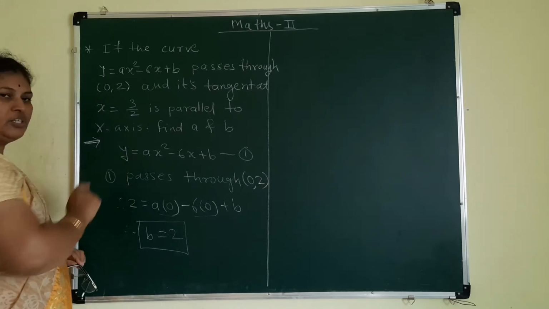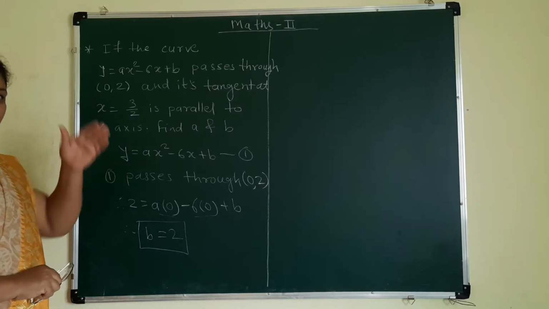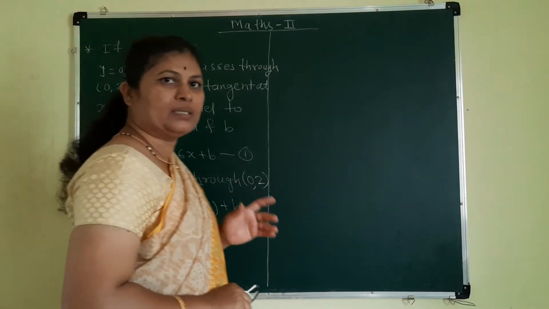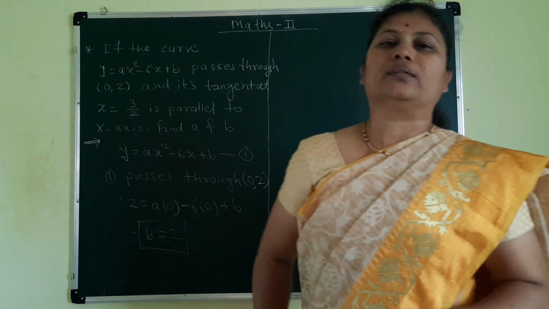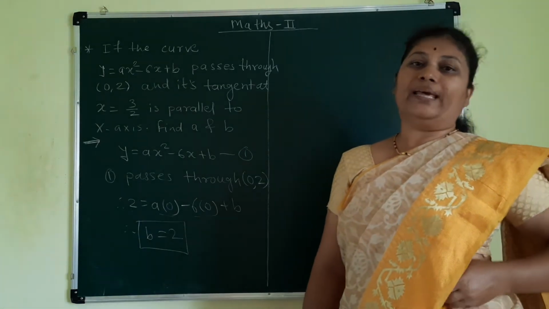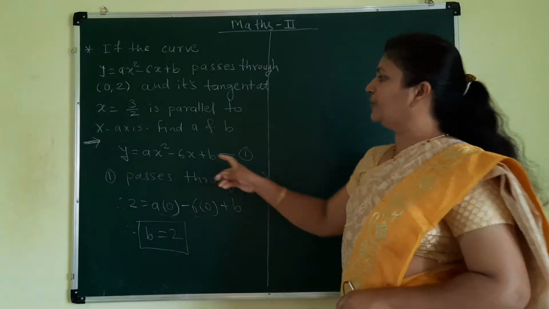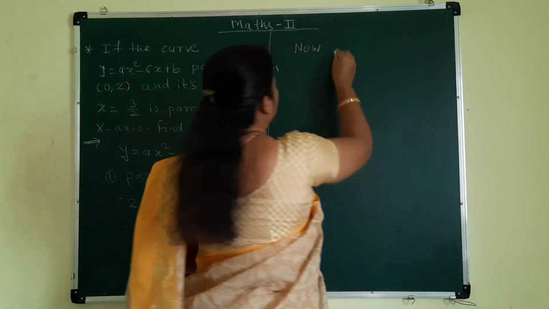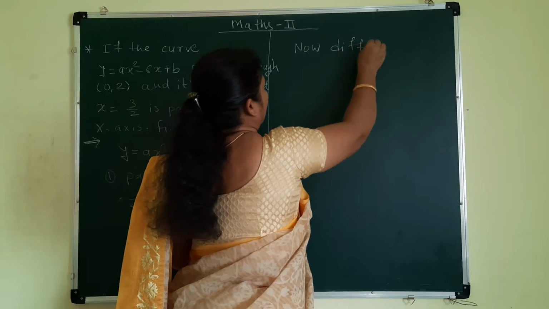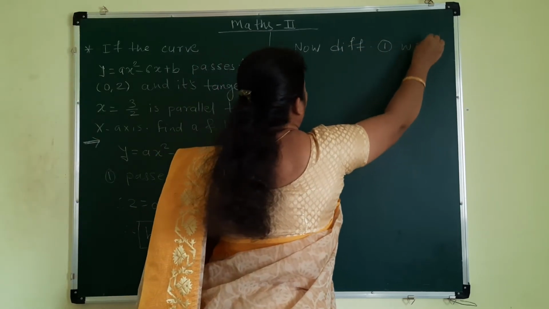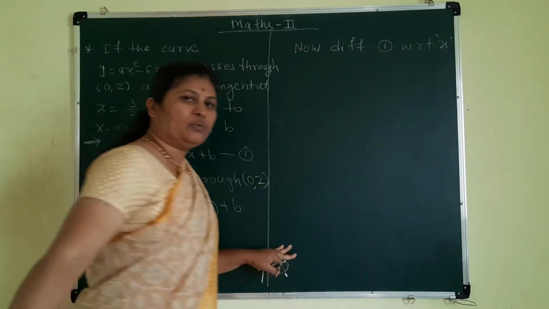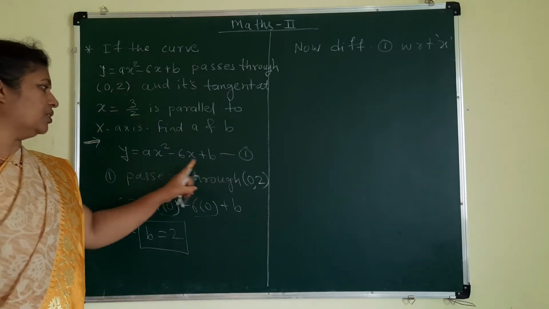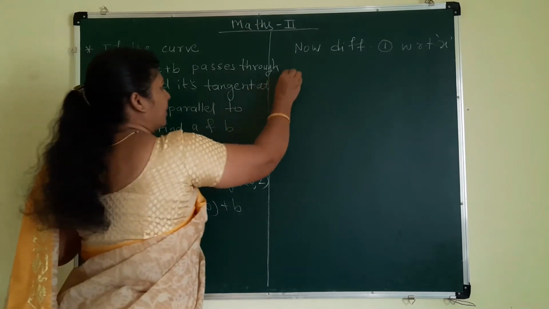Now come to this equation. Tangent is there, so our steps are there. Can you remind those steps? Yes, the first step is to find the derivative dy by dx. So let us differentiate equation 1. Now differentiate this equation 1 with respect to x. So what will you get here? Differentiating this equation with respect to x, dy by dx is